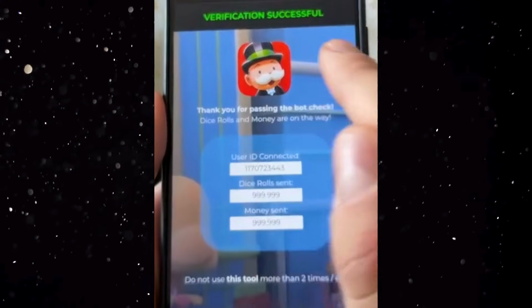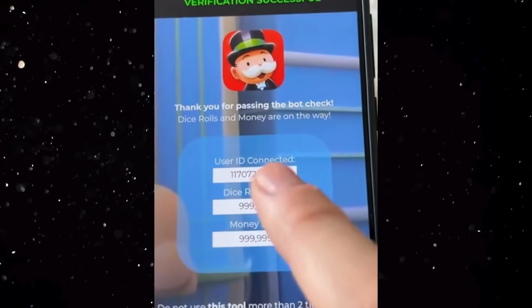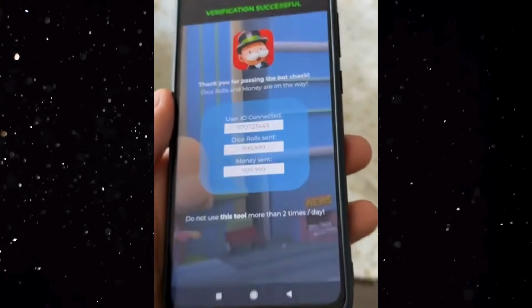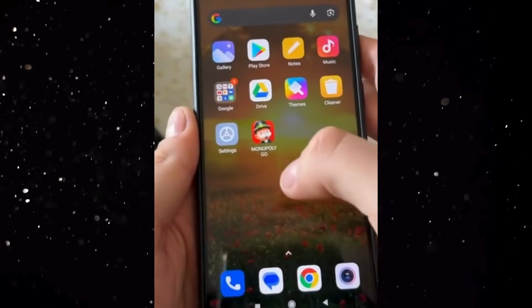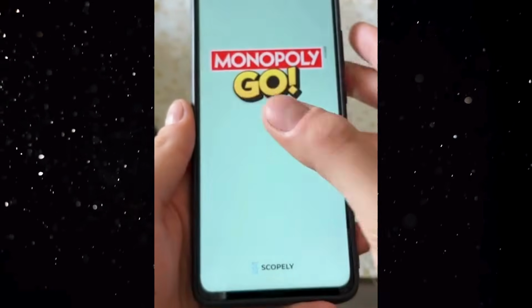So when you get this, just open your Monopoly Go and let's see, is it actually working? So, oh guys, I'm so excited to see, is it actually working right now or no? Let's see. So, okay, still 5,000. I have nothing. So I will just open this in